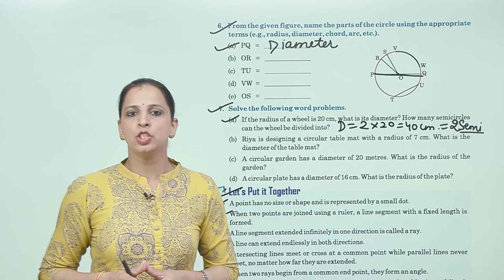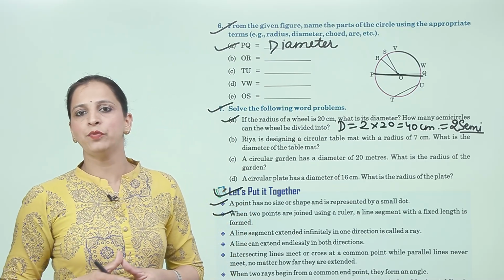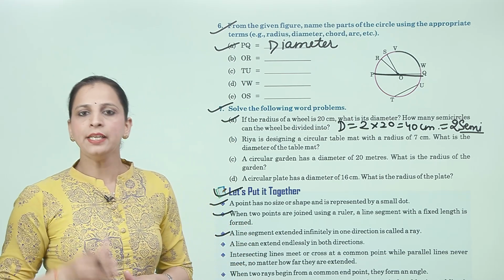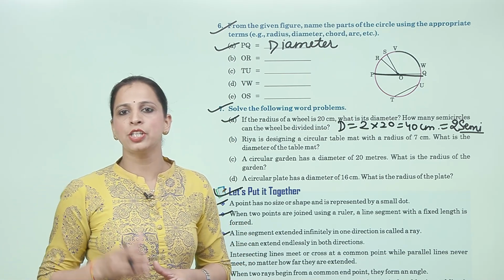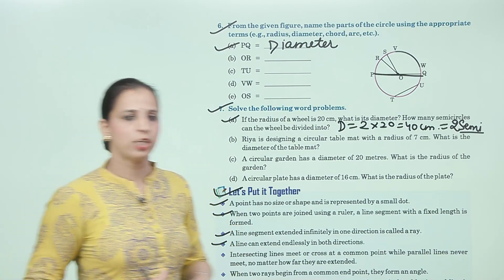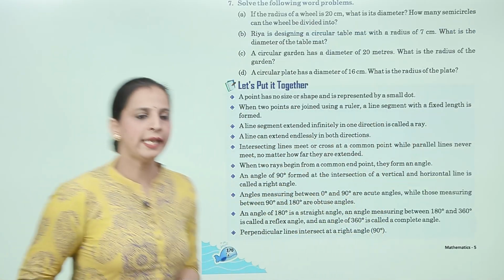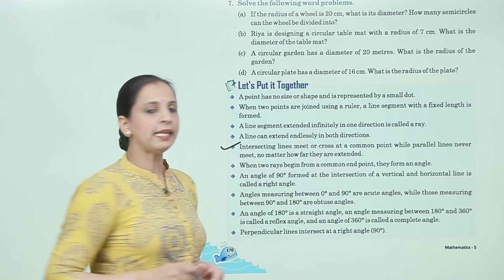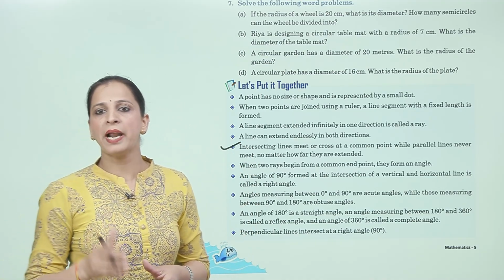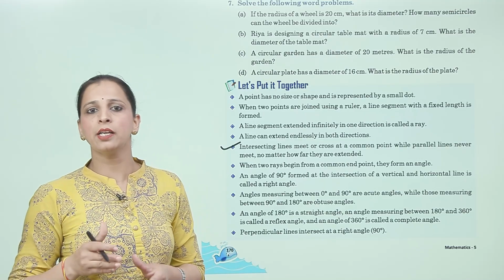When 2 points are joined using a ruler, a line segment with a fixed length is formed. A line segment extended infinitely in one direction is called a ray. A line can extend endlessly in both directions. Next, intersecting lines meet or cross at a common point while parallel lines never meet no matter how far they